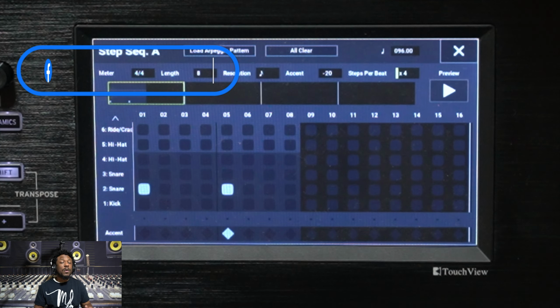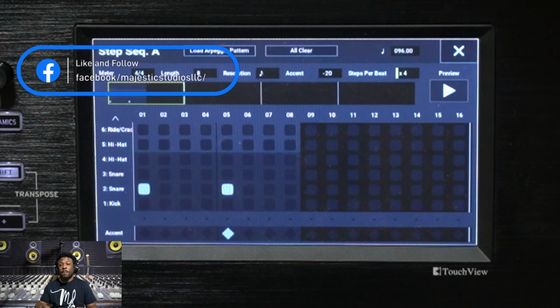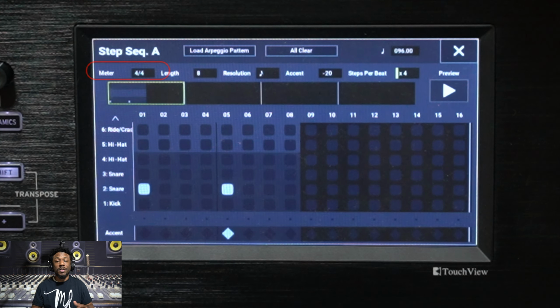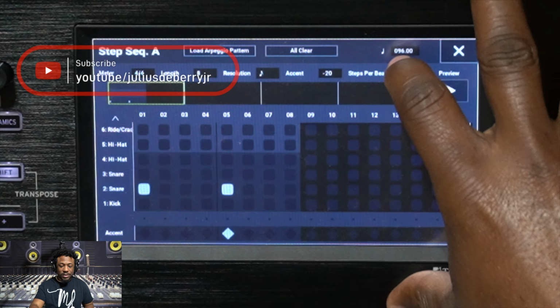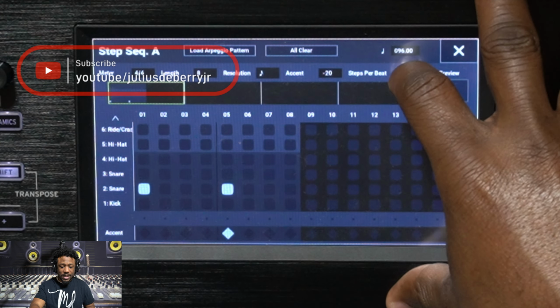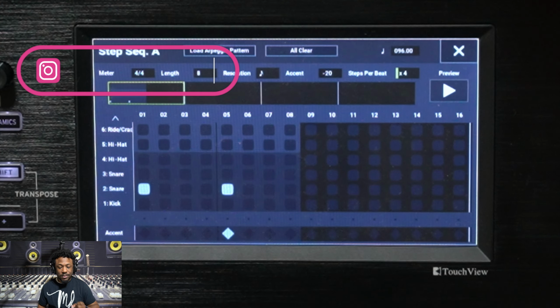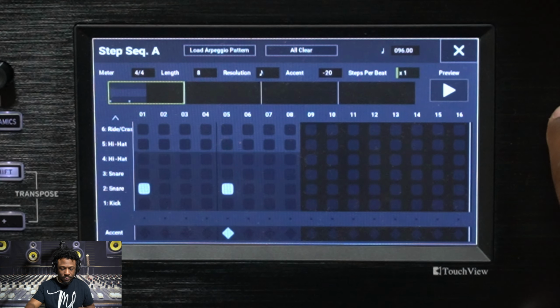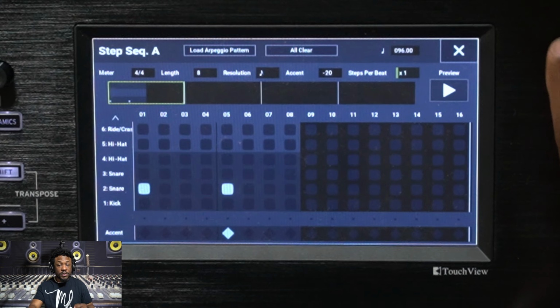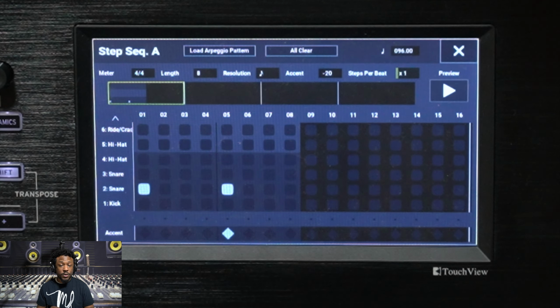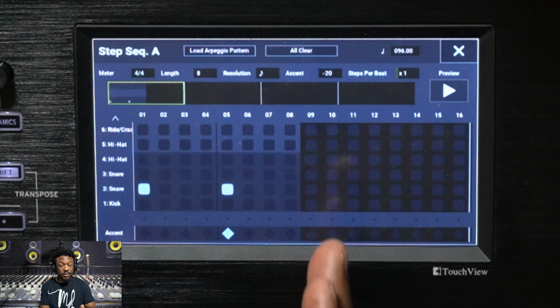So depending on how you want it to sound, as far as when you want the swings to happen, you're going to select this steps per beat, okay? Again, X1: the first step it's going to swing is 2, and it's going to go up in increments of 2: 2, 4, 6, 8, 10, 12, 14, 16, all the way up to 64, okay? Or however many, the length of your